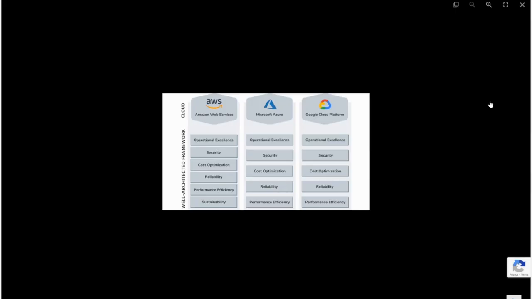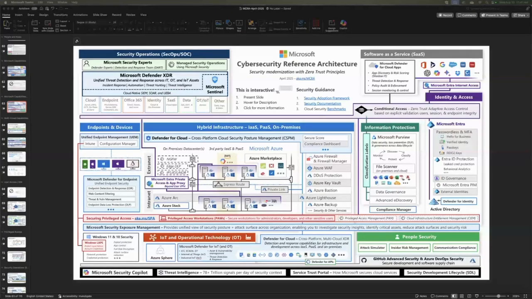Matt, where does Security Copilot fit into the reference architecture? Oh, good question. All right, let's pull this thing back up. I think we got a frozen Brendan anyway. Uh-oh. All right. So let's think about Security Copilot for a second. It does two things right now. Actually, probably three. It allows you to have generative AI, so I can ask it questions. So if an alert comes in, I can ask it questions about that alert.